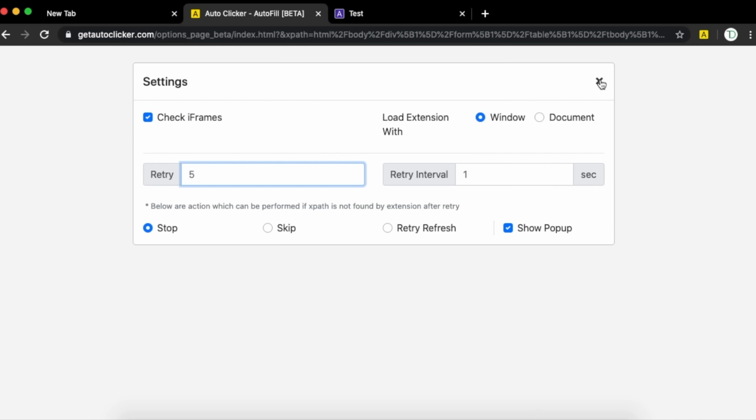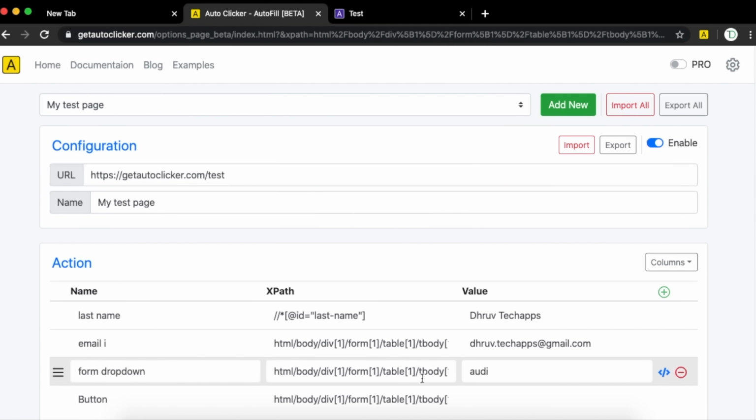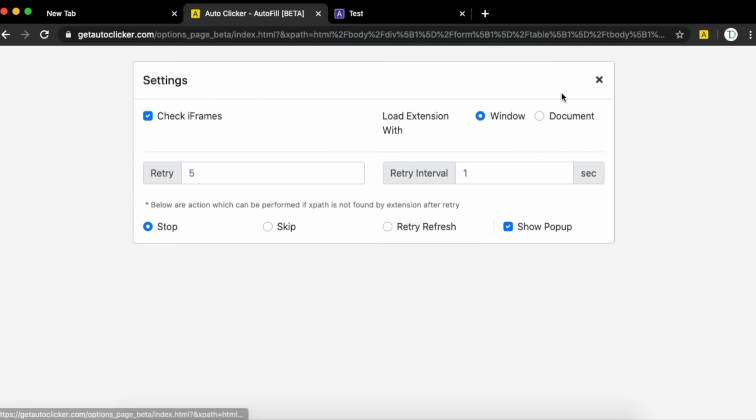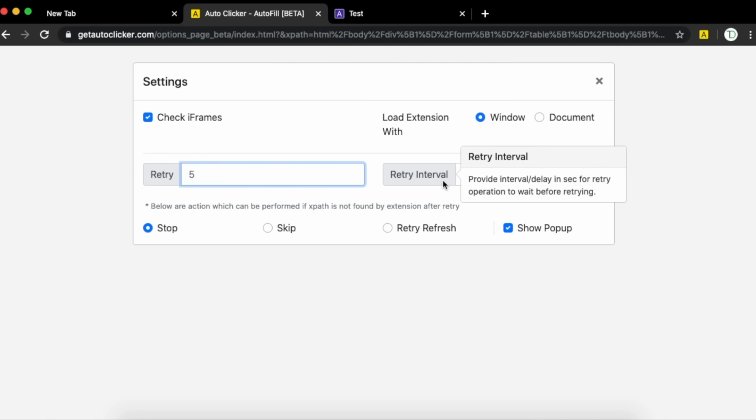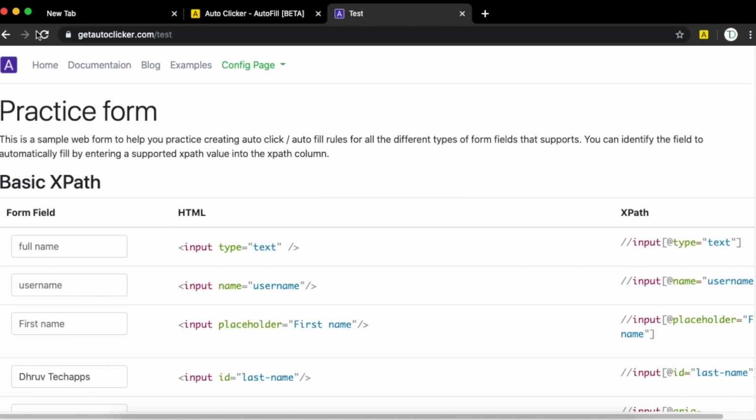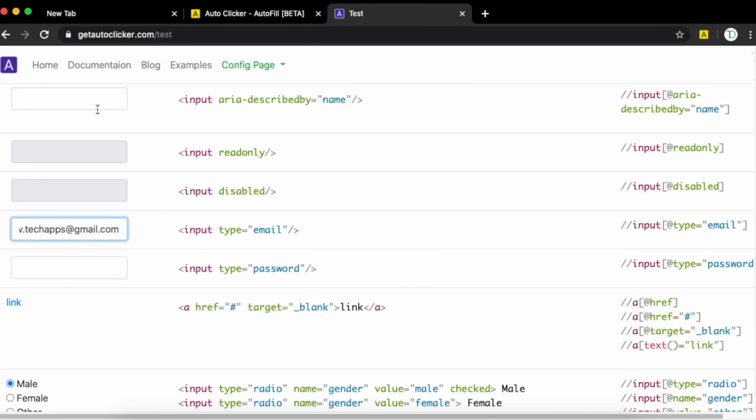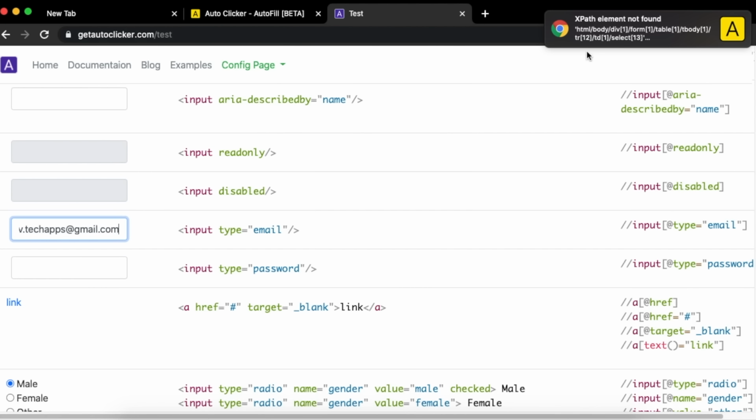So let's look into what retry and retry interval do. I will first go and make changes in one of the XPaths, so that it is not a valid one. I have changed it to 13, and let's go into settings and check the values. For retry and retry interval, it's 5 times with 1 second of interval. Refresh the page. As you can see, email is filled and it will retry 5 times for the drop down with 1 second of interval, and after that it will show a notification that XPath is not found, and when